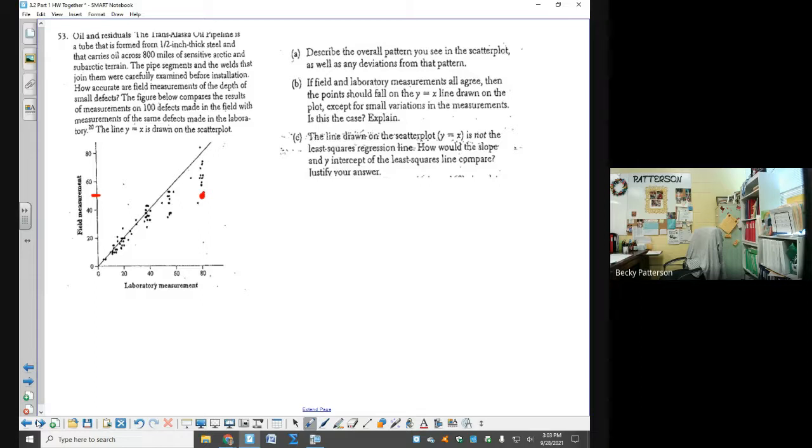Beautiful. Can you be a little bit more specific? Because they don't just spread more. Where are they going? Aren't they kind of sagging? Yeah. So as the lab measurements increase, they do spread out more, but they're also pretty consistently